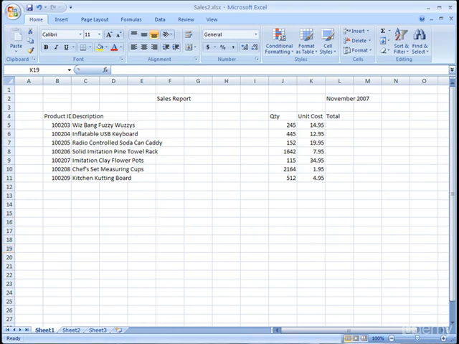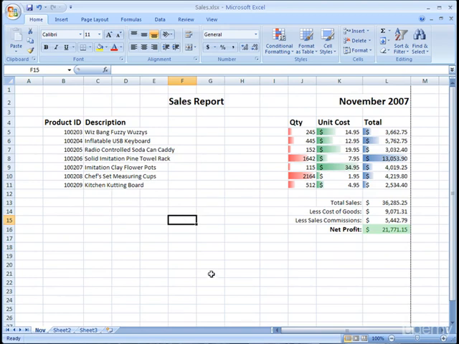If we take a look at our sample, there's a number of things that catch the eye here. Number one, we've got some bold text that's larger than the rest of the text. Number two, we have these interesting little graphs here. And if you take a look at the numeric values inside of the cells, you'll see a pattern. Wherever there was a larger numeric value, more of that cell is colored in. And wherever there is a smaller value, less of the cell is colored in. This is a conditional formatting that allows us to see the breakdown visually without having to pay attention to the